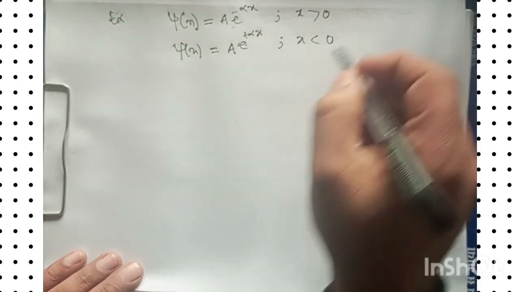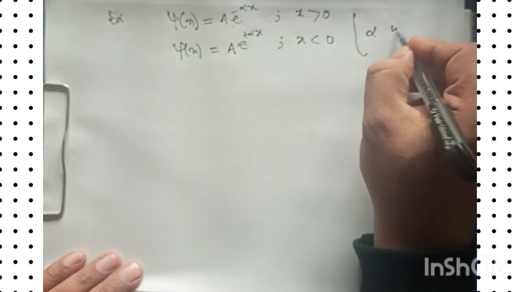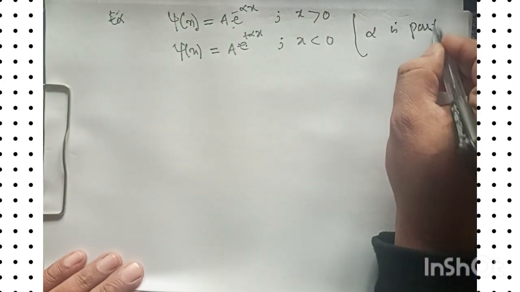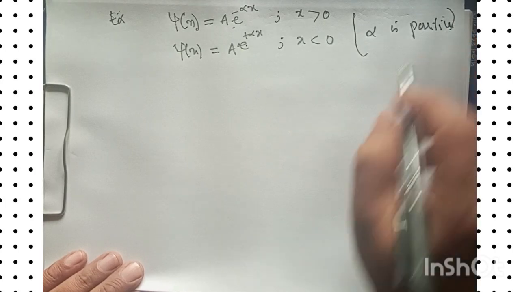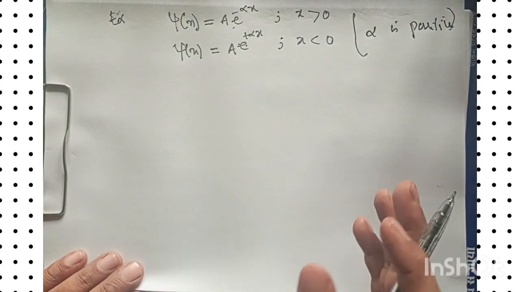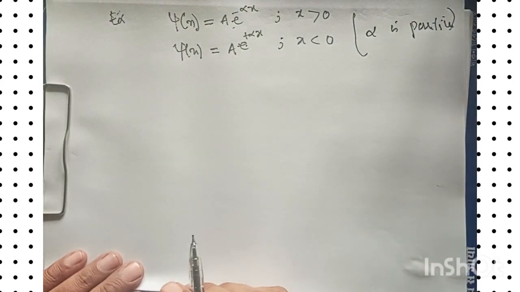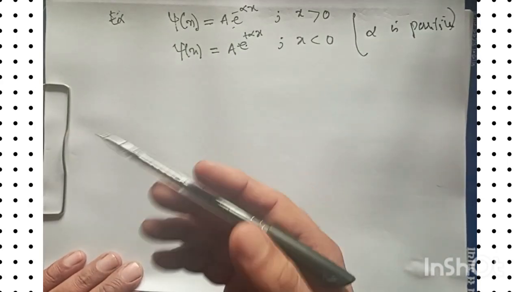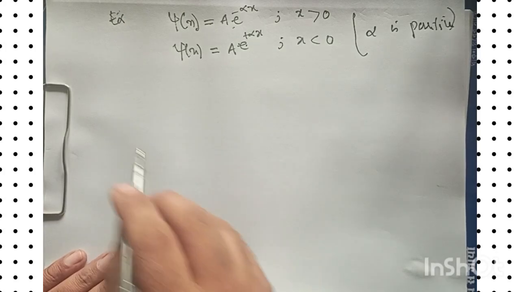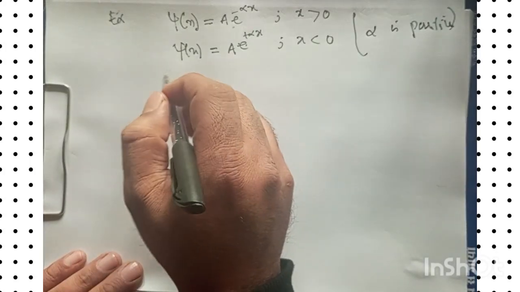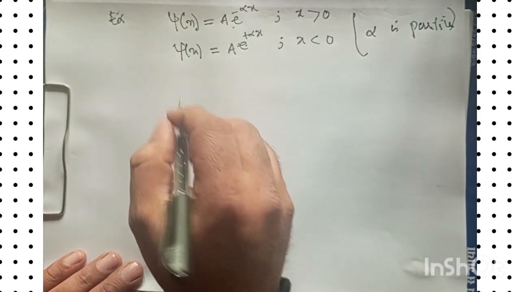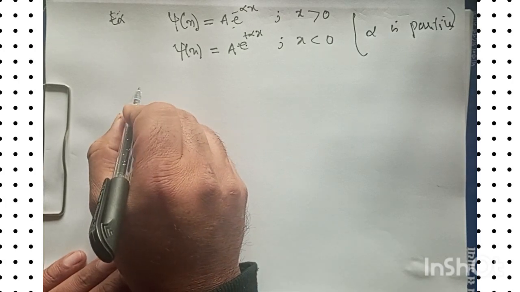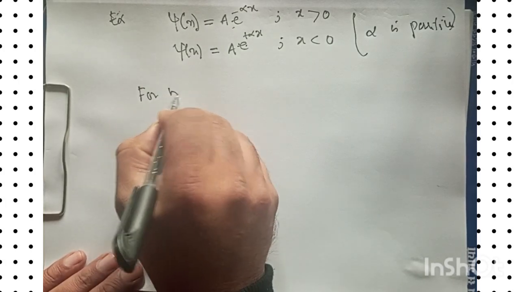What is important here is that this alpha is positive. It's a positive constant. So what we want is a normalized wave function, and for normalization, what I will have is